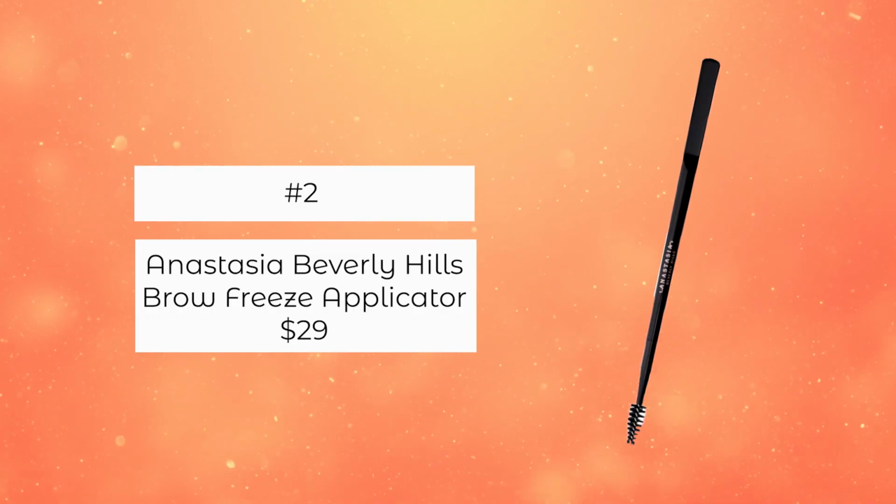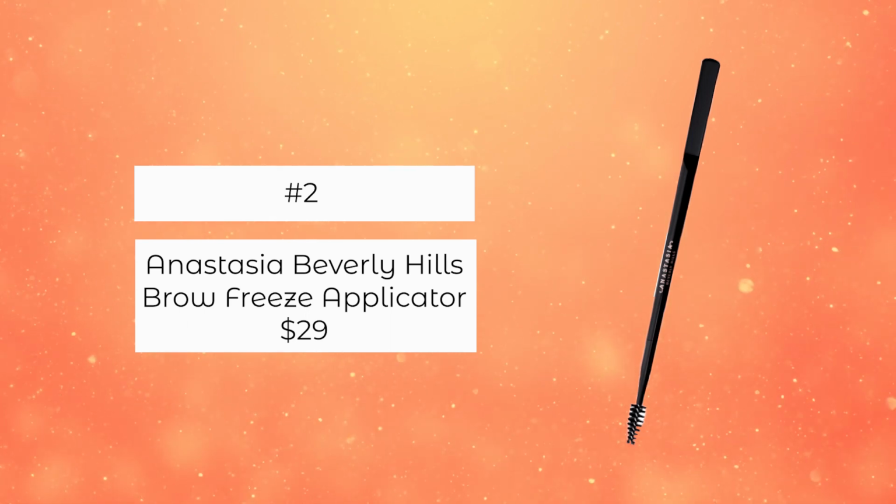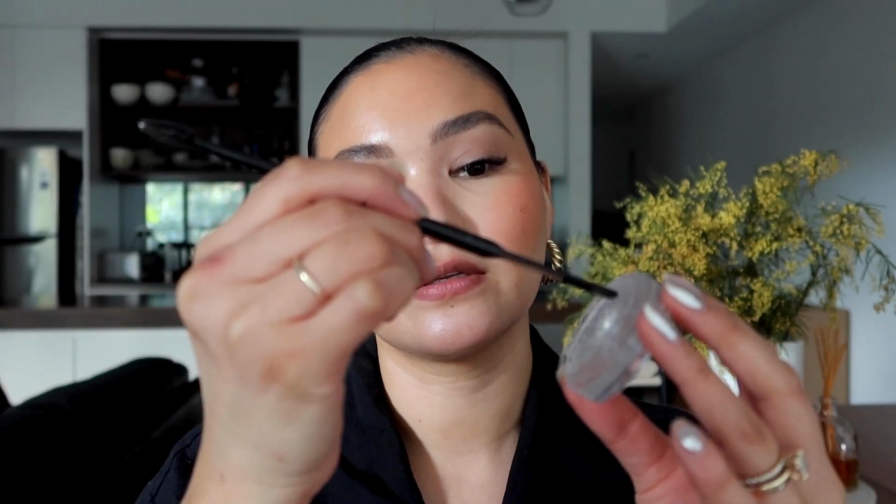And then my other favorite product is the dual-ended applicator. Anastasia does the best brushes when it comes to brows, and you absolutely need this if you are going to be using the Brow Freeze. I will use the spatula to scoop out product, and I already have product in my brows, but I'll just show you anyway. And I actually use it this way to paint Brow Freeze into my brow so that it's